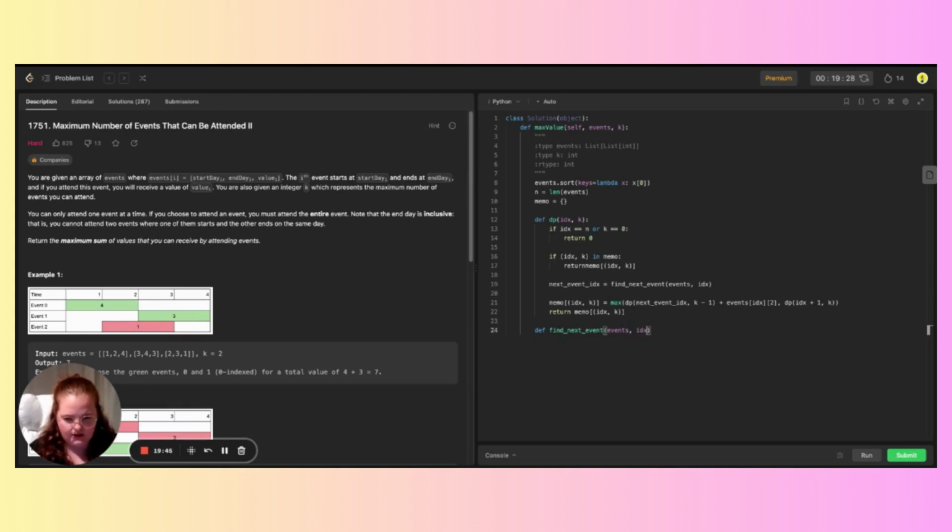So this is when we're going to get into that binary search. And do end day, events idx 1. So then we're going to say low, high, idx plus 1, and then n minus 1. Yeah, n minus 1, length of the events. Okay. So then while low is less than or equal to the high, then the mid